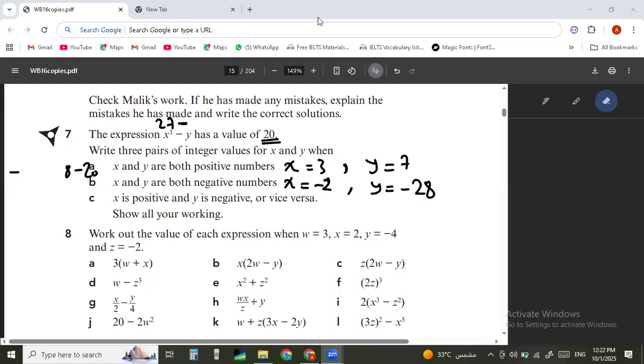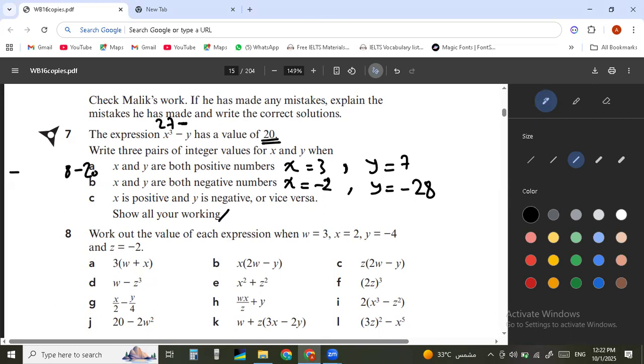Is positive and y is negative, or vice versa, which means one of them must be positive and the other is negative. I'm going to assume that x is positive. X is, let's say 2, for example. What is 2 cubed? 2 cubed is going to be 8 minus,